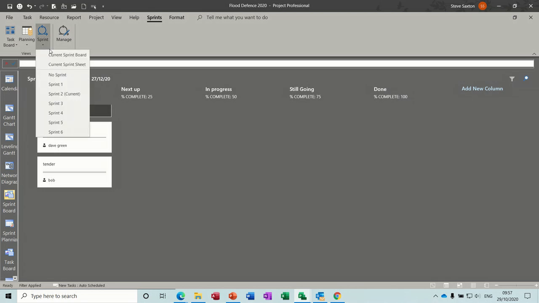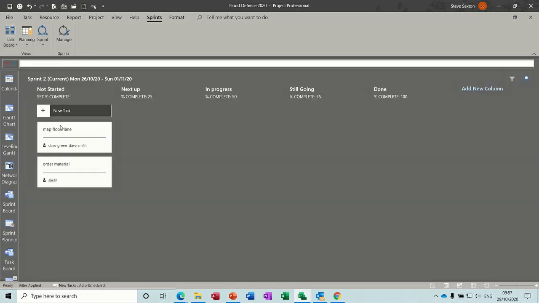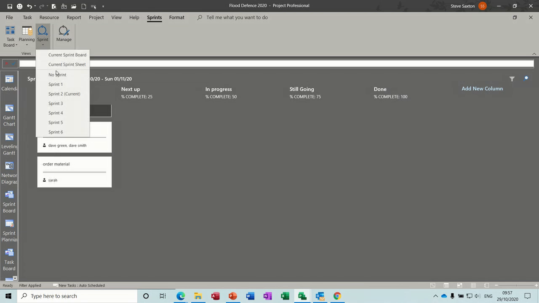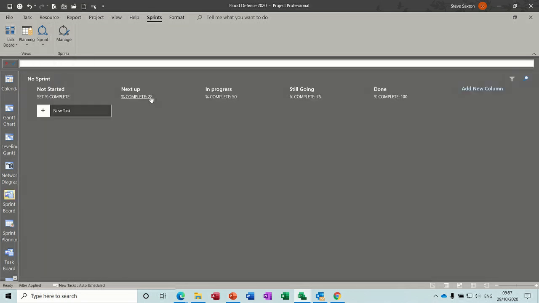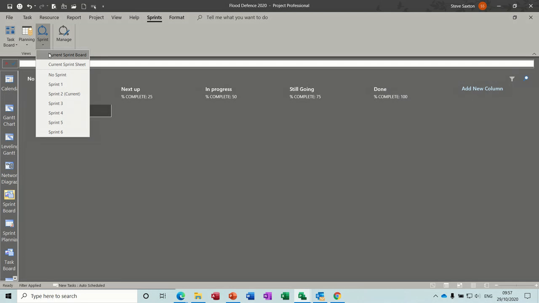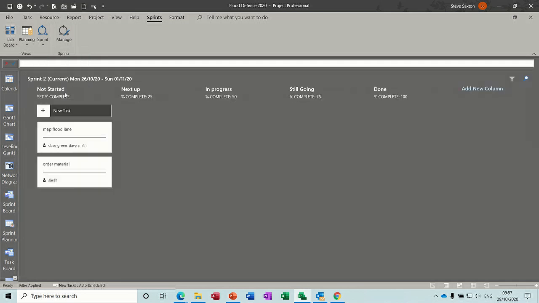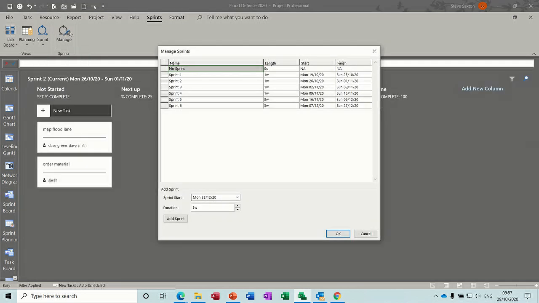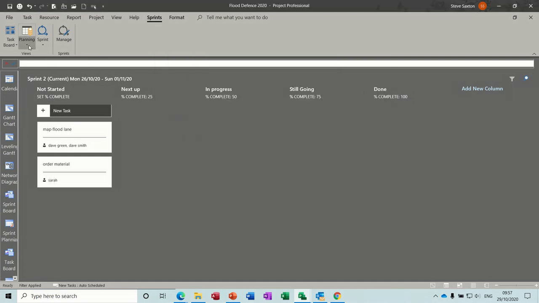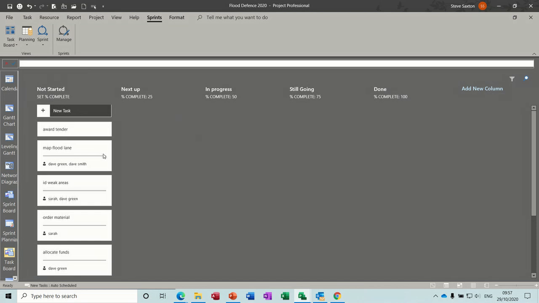So then you can go to the current sprint board, which will show you only the tasks that are due this week, and then you can move these across into the relevant place. And if I go to no sprint, it just shows there's nothing in no sprint. And then back to this one, back to manage if you need to add extra ones. And then if I go to the task board, you can then start moving these around